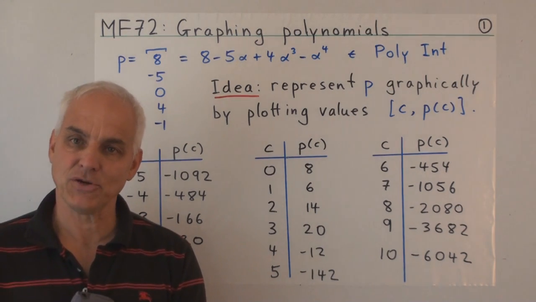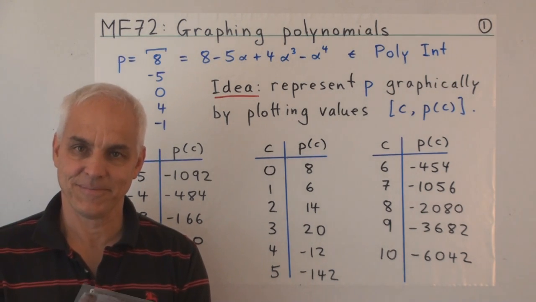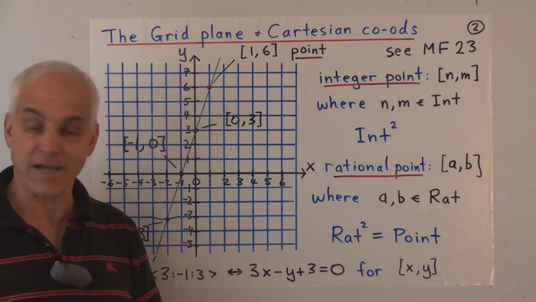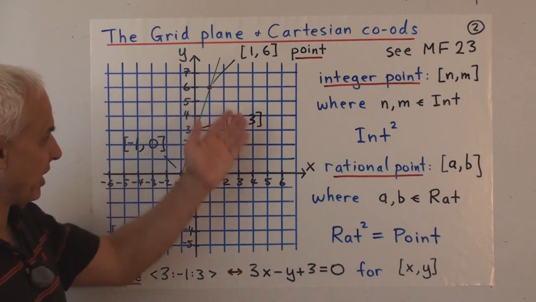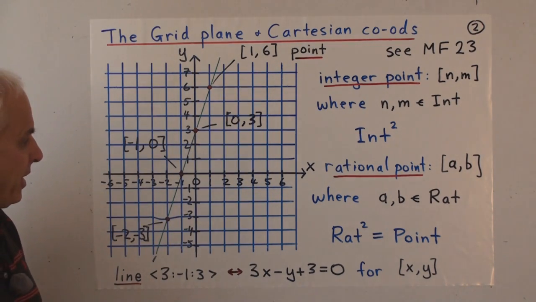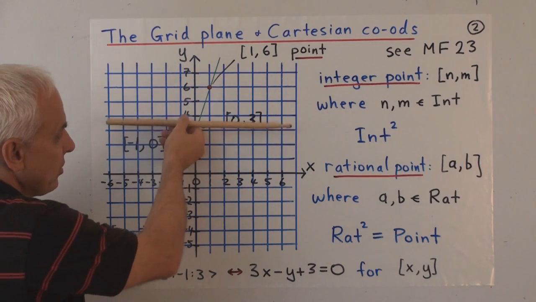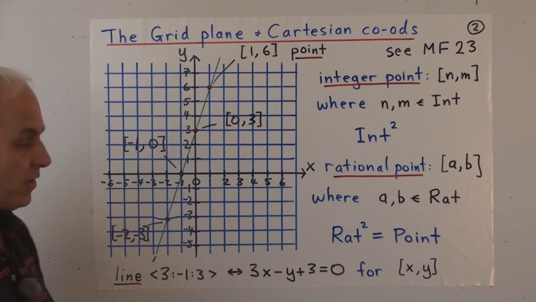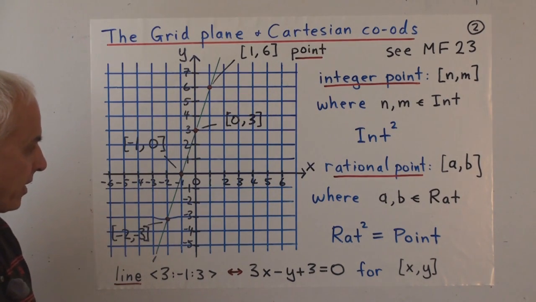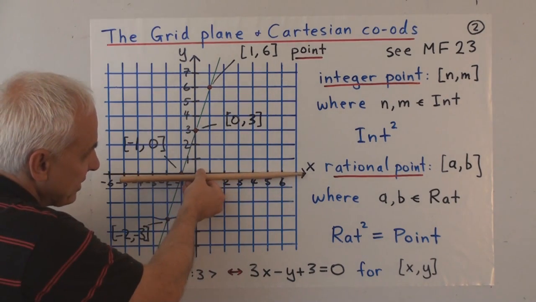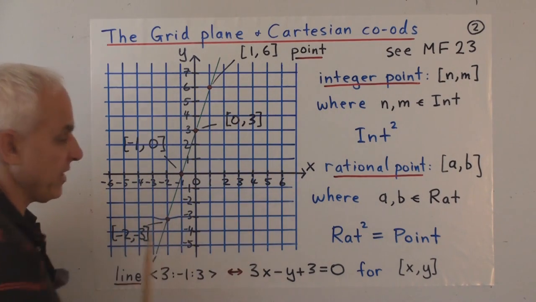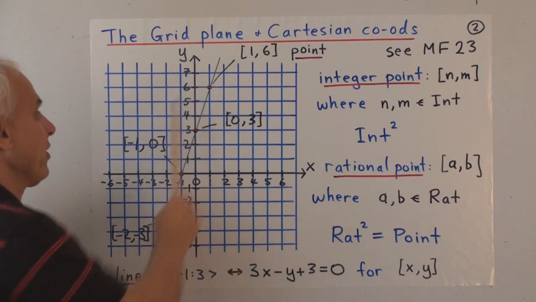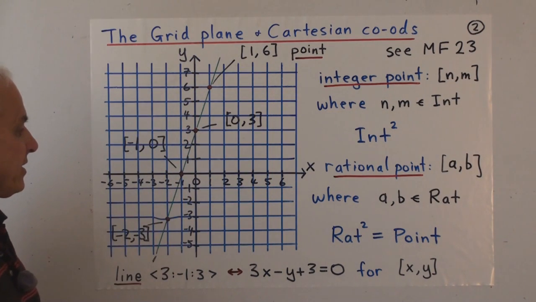And for that we're going to go back to Cartesian coordinates. So this is a way of introducing geometry in a very concrete and explicit way, using essentially a sheet of graph paper with equally spaced horizontal and vertical lines forming this pattern of unit cells or squares. We can write a distinguished horizontal line and call it the x-axis, usual convention, and we can distinguish a particular vertical line and call it the y-axis.